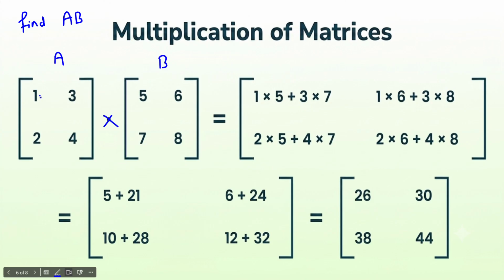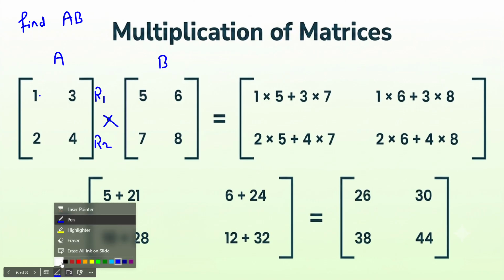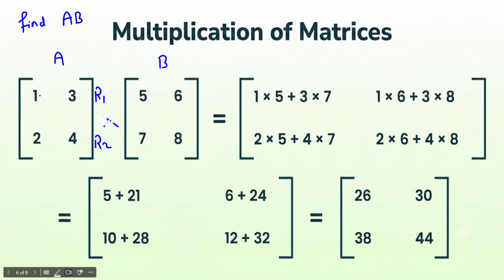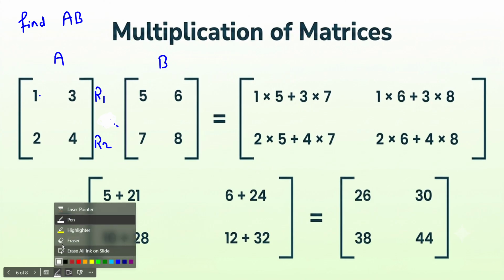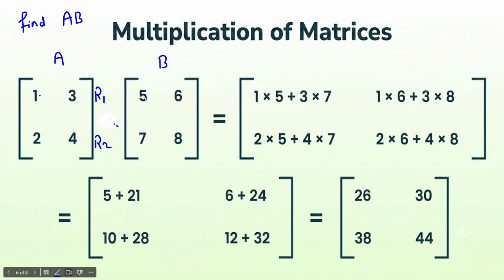While finding the AB matrix, we know this horizontal line means 1 3 is your first row R1, and 2 4 is the second row R2, right? 2 4 is the second row R2. Now for the second matrix you have to consider columns, that is 5 7 will be your first column, and 6 8 will be your second column C2. Okay,